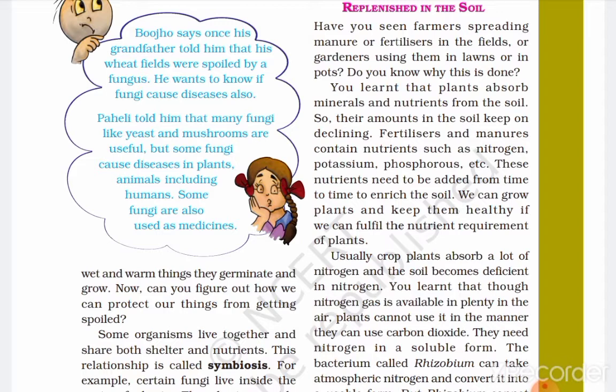It must be very disgusting, but it is very useful for farmers. Usually crop plants absorb a lot of nitrogen and the soil becomes deficient. Nitrogen is the macronutrient for the plant, and phosphorus, potassium, these are the macronutrients which they need more and more to do the life processes. And the micro are like iodine and many things come under